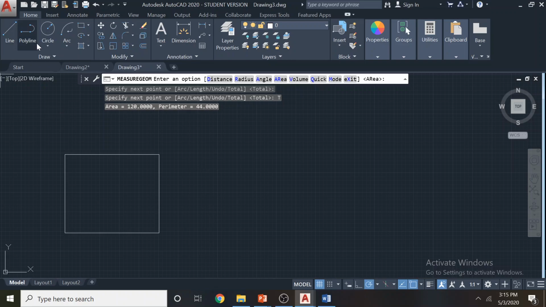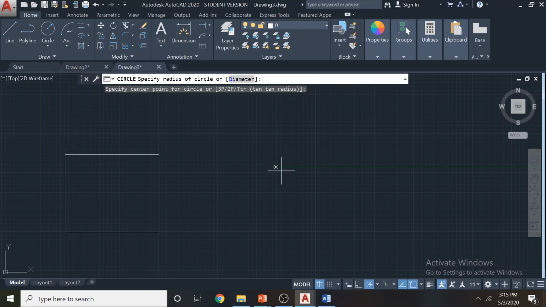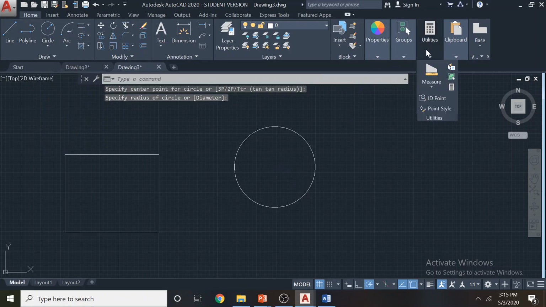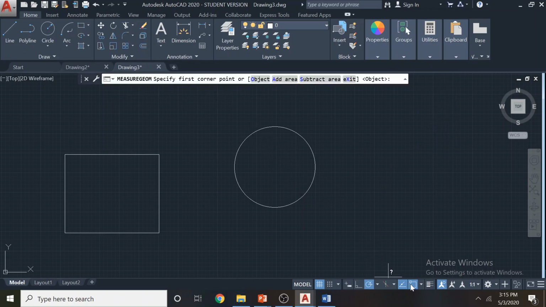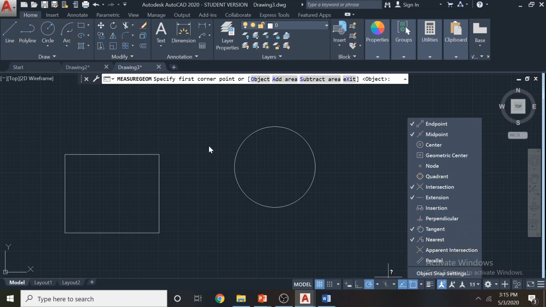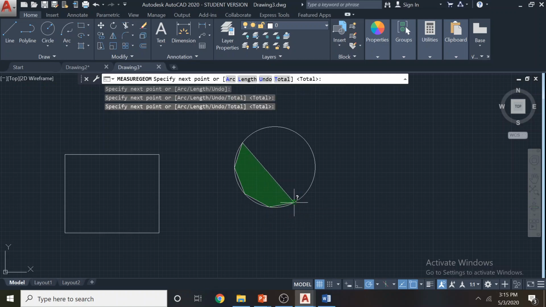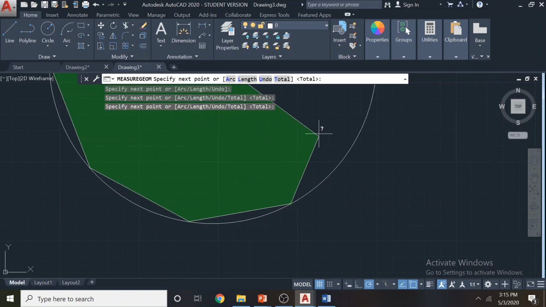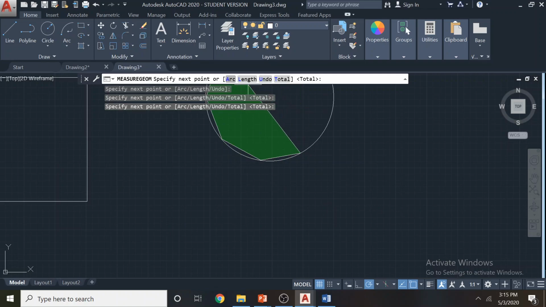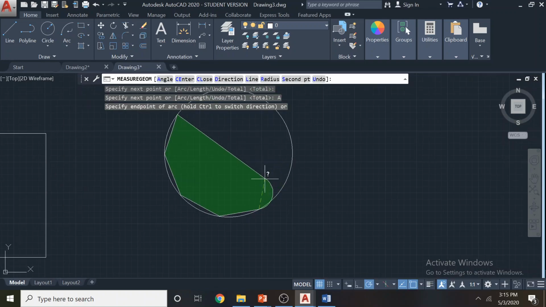So if you try to get an area of a circle, it may be somewhat difficult. For the area of a circle, we have to use the nearest options and cover the circle as much as possible with line segments. So this may give you an error. To avoid that, you have an arc tool available here, but it's also not very flexible, so you may get an error again.